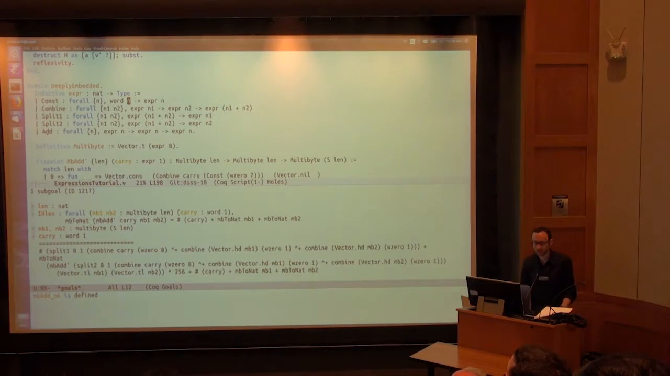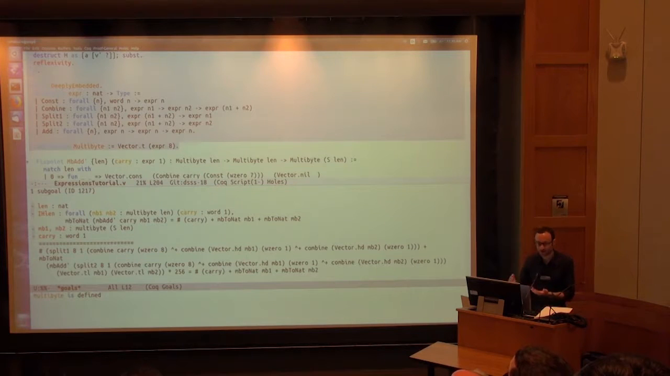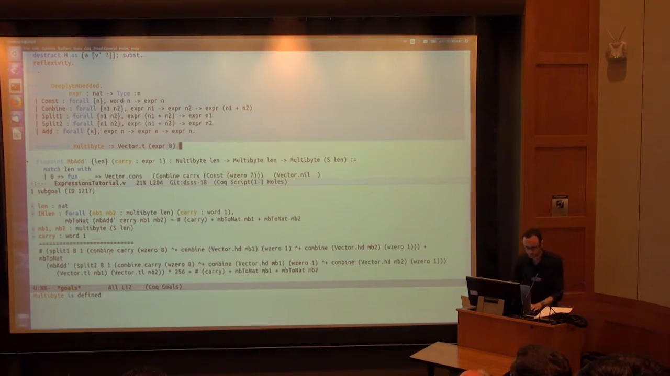And then I'm building in an add operation, which we will only use in the 9-bit case, though for simplicity, it's modeled here in a very general way. And then one of those multi-byte representations, instead of being a vector of words, I'll just make it a vector of expressions, each of which wants to evaluate into an 8-bit result. Any questions on this syntax tree definition? Okay, so